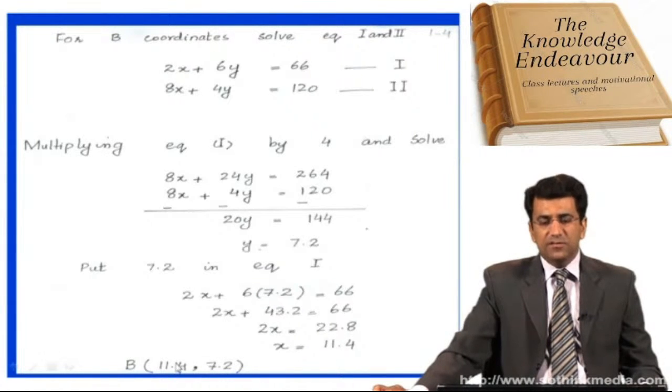It is one of the alternatives that the manufacturer or the production manager is going to produce: 11.4 products for the product A and 7.2 number of products for the product B,